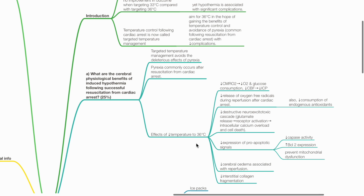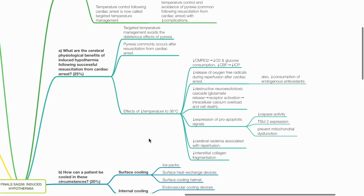A. What are the cerebral physiological benefits of induced hypothermia following successful resuscitation from cardiac arrest? Targeted temperature management avoids the deleterious effects of pyrexia. Pyrexia commonly occurs after resuscitation from cardiac arrest. Effects of reducing core temperature to 36 degrees Celsius include reduced CMRO2 leading to reduced oxygen and glucose consumption, reduced cerebral blood flow and potentially reduction in ICP,